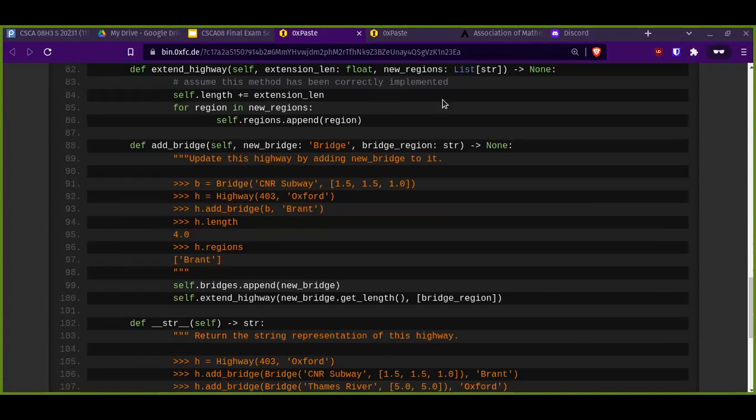Then part E was asking you to implement the body of add bridge. And the doc string of add bridge says to update this highway by adding a new bridge to it. No, it wasn't asking you to implement the body. It was asking you to finish implementing the doc string. So I wanted you to